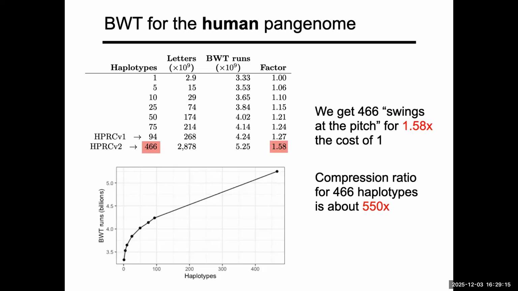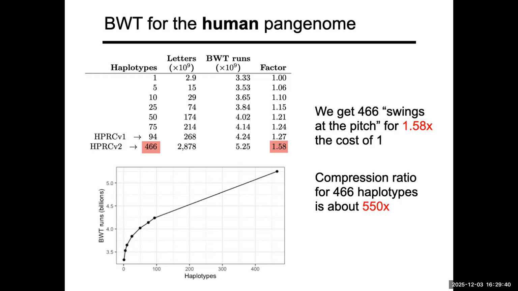So if we think of each of these reference genomes as another opportunity to match the genetic variants that are in the donor, right? Each new haplotype is another chance that we can have a good template, a good reference for our donor. Then we essentially gave ourselves 466 swings at the pitch for the cost of, not one, sorry, for 1.58 times the cost of one